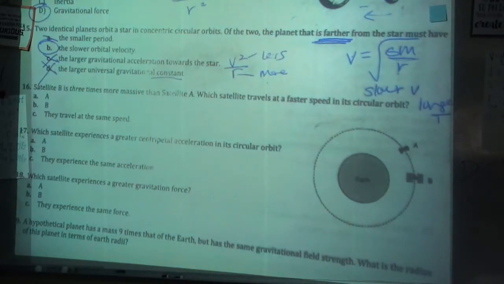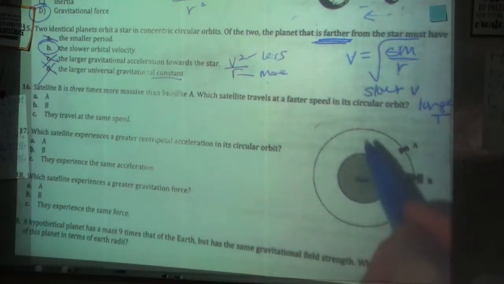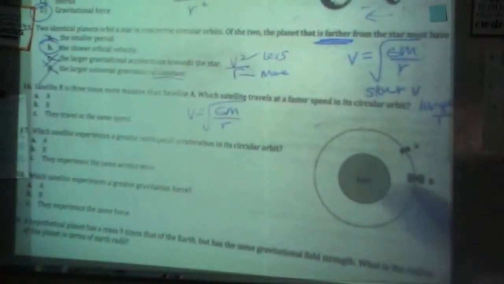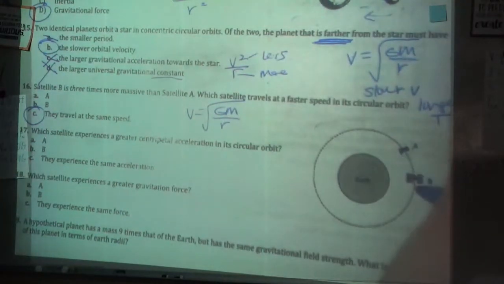Satellite B has 3 times the mass of satellite A, and they're traveling, which one travels at a faster speed? So speed depends on the mass of the planet and how far away you are. Orbiting the same planet at the same radius, so they travel at the same speed. Mass of the satellite does not matter for the speed. Centripetal acceleration would be v squared over r. We just said this is the same and your radius is the same,